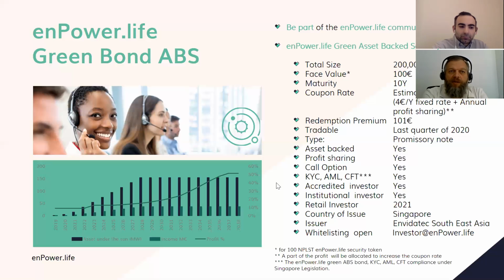Yeah, so we have some other main points. I would like to say the asset-backed feature is important. We guarantee that with this bond we are buying equipment, so they have assets in the back. We don't move this money into something which is not really touchable, I would like to say. It's not manpower or other type of